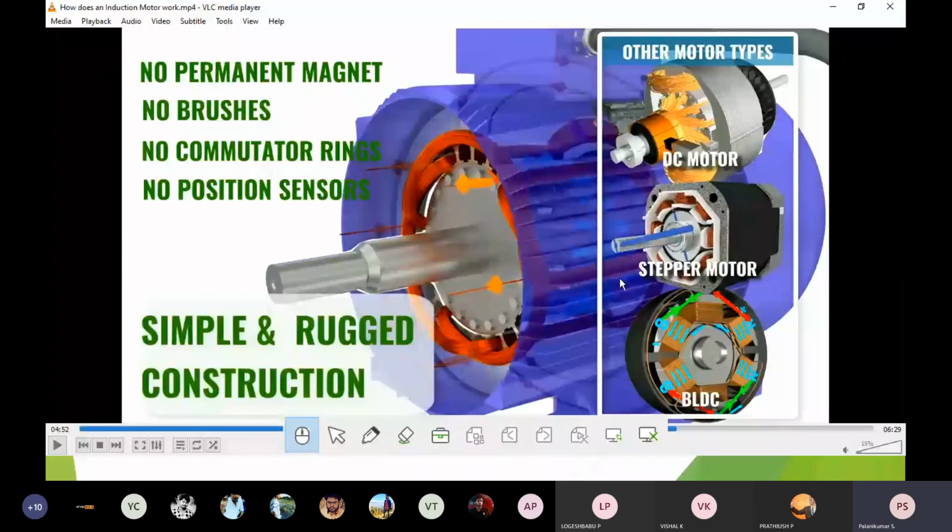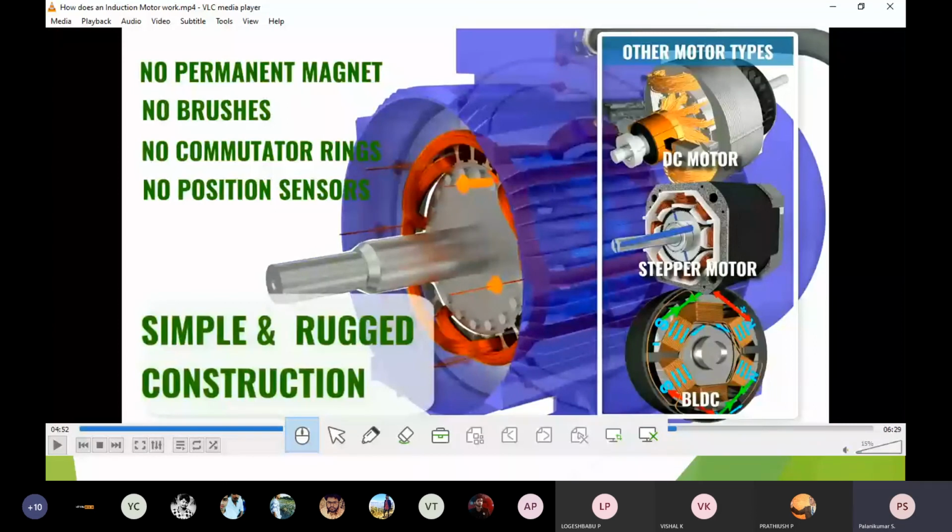So we can use this motor in very hard and dirty environments. The yoke is completely enclosed, so to remove the heat inside the motor, a fan coupled at the back pulls out the heat generated and liberates it to the atmosphere through the ducts. Very high torque and speed control are possible, so it is very suitable for electric vehicle applications.